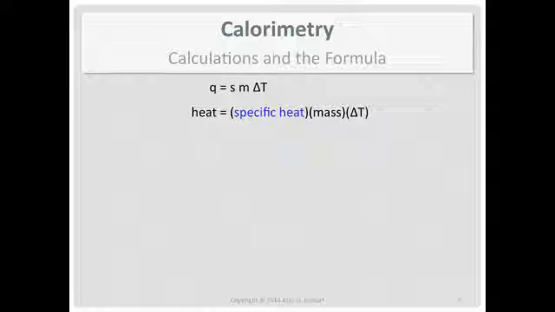Two ways to approach these problems. One is you could be asked to calculate the specific heat. The other way is you are given the specific heat, or you have to look it up, and then you're asked to calculate either heat or mass or something to do with the temperatures changing. Therefore, memorize the units for specific heat: joules per gram degrees Celsius, or whatever heat units you're using. And then focus on that.